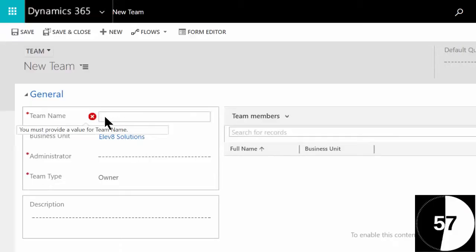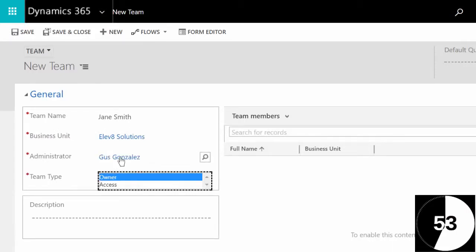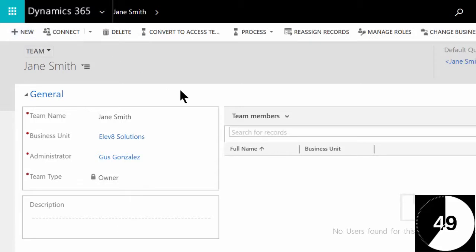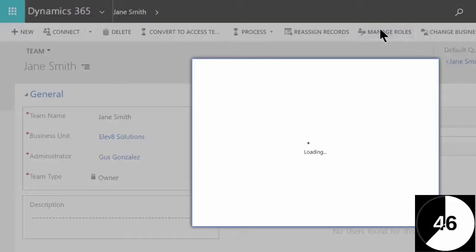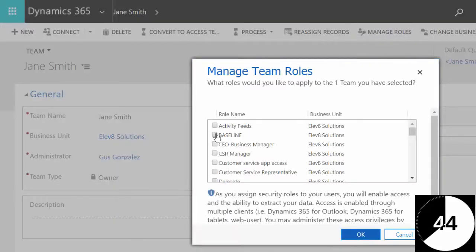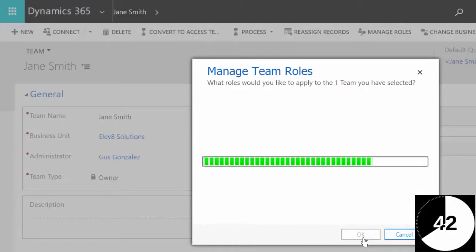I like to have a different approach, and that's today's tip, which is I like to create teams, owner teams, with the names of the salespeople or the users who are no longer with the company. And I assign a security role to those teams, as if those salespeople were still with the company. Something like salesperson, or in my case, one of the security roles that I have created that apply to coworkers or former coworkers of that person. So that way, when you import the data, it will be either owned by a user or